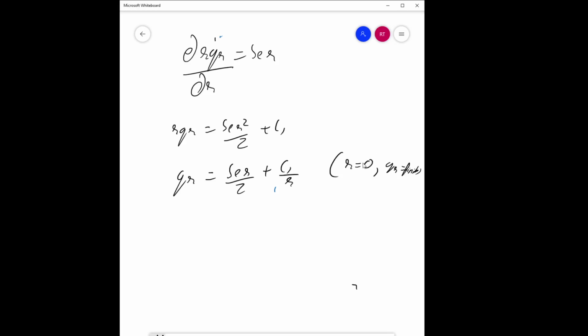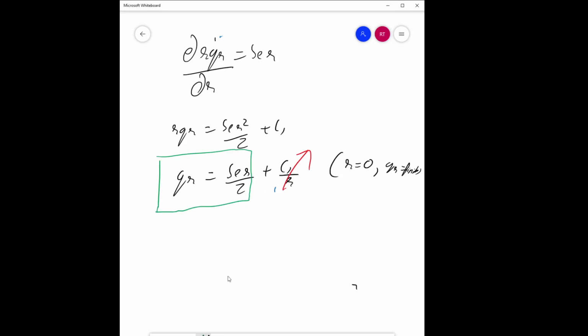So when you substitute R is equal to 0 here, you get C1 by 0, which leads to infinity. So for this to work out, C1 must be equal to 0, or in other words, Q R must be equal to